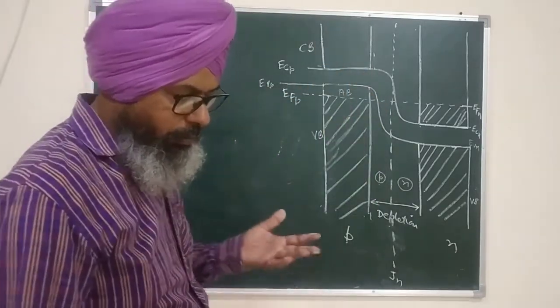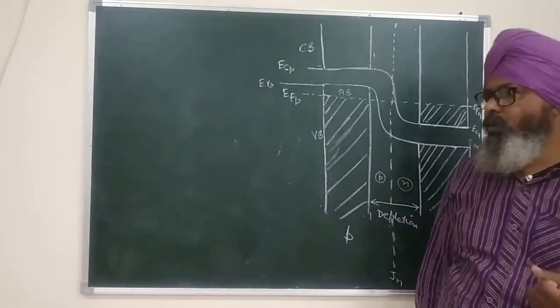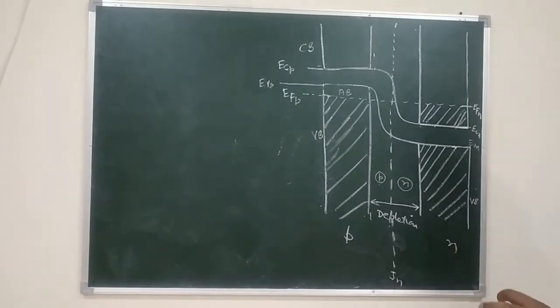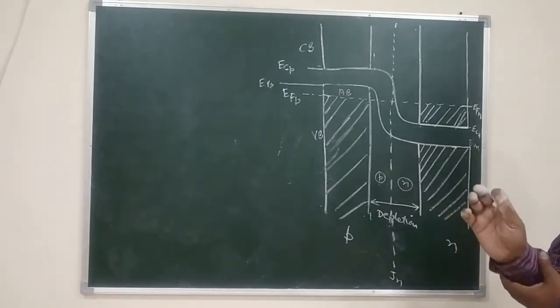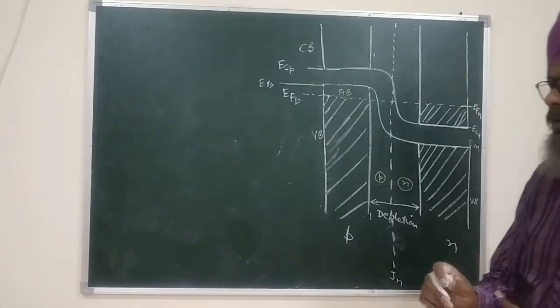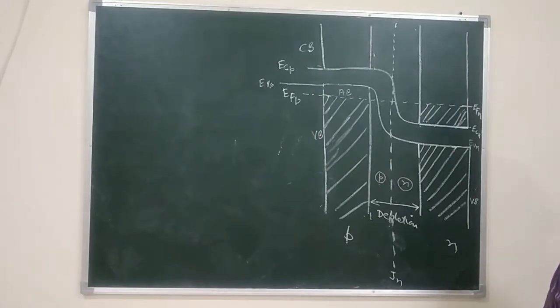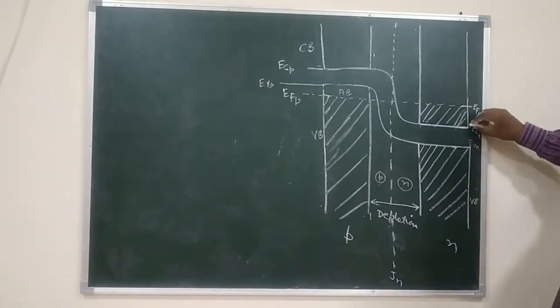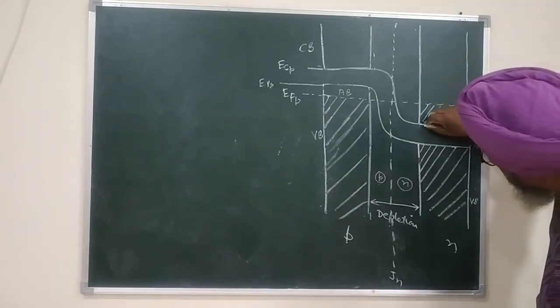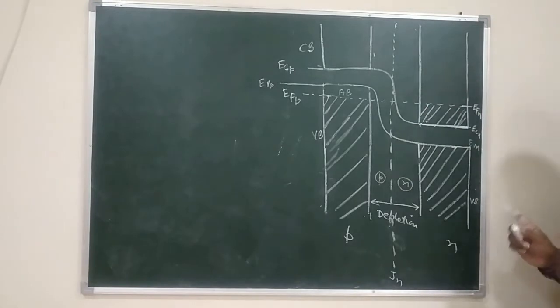Now, in the discussion just 15 minutes earlier, I told you that the diffusion of electrons from N to P will take place. As a result, the Fermi level will be shuffled. Please remember, whenever there is any kind of interaction or shuffling in a material, there is always a change in the energy. So the shuffling is indicated by a change in the energy. Up to this point the graph is horizontal. It indicates that there is no energy change. It means no interaction has taken place.